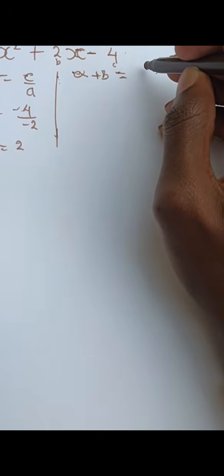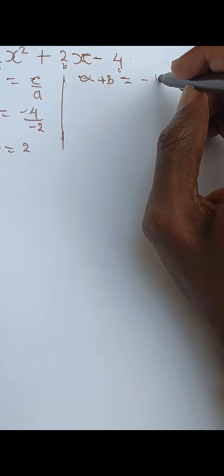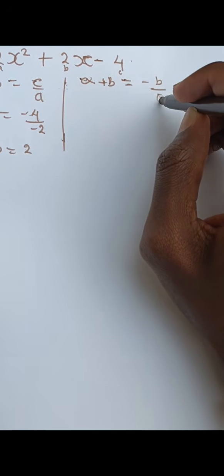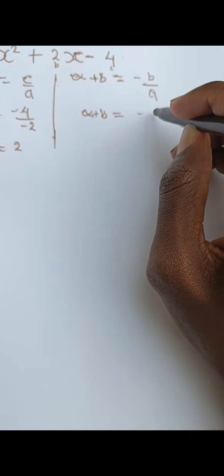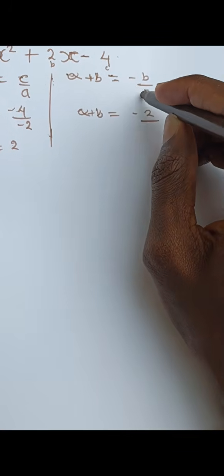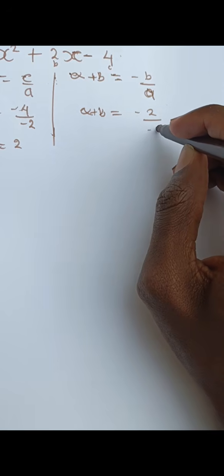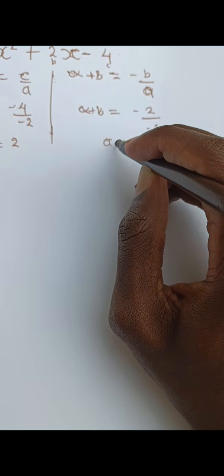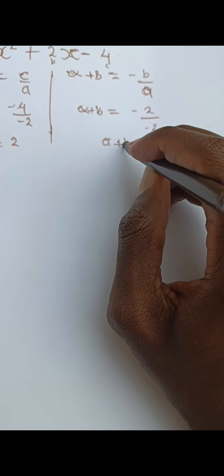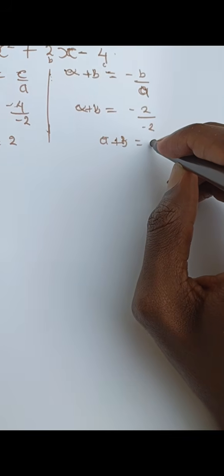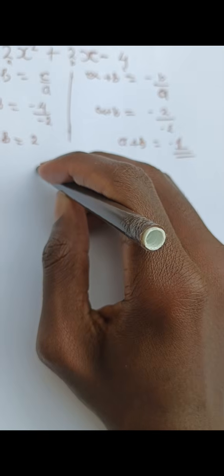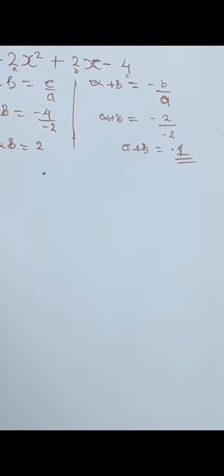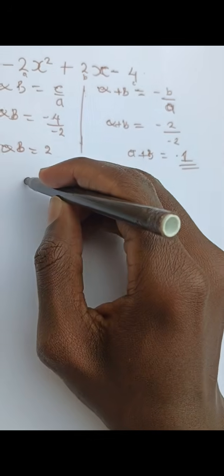Alpha plus beta, which is equal to negative b over a. Recall that b is equal to 2. This is a, guys. a is equal to -2. So alpha plus beta is equal to +1. Makes sense, right? So now we're going to find, so recall that we are using this formula to find the